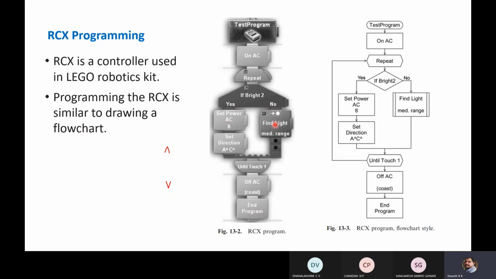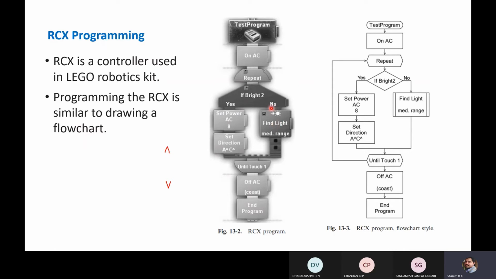In that subroutine there may be a few more steps to find the location where the sensor can find the light. It can move in different directions, and it can take a turn to a particular angle. Like that, there may be a few more steps.